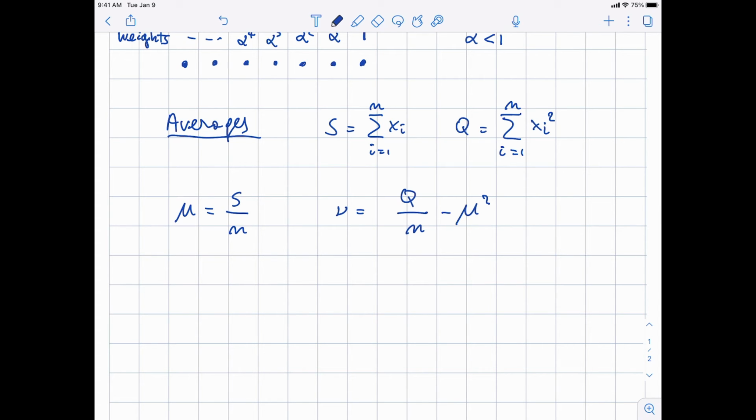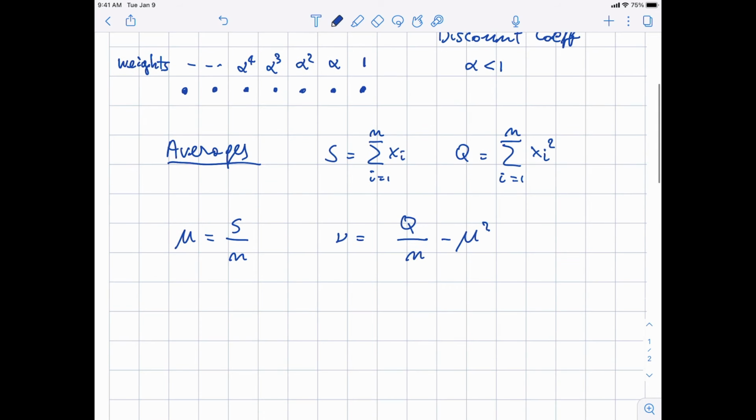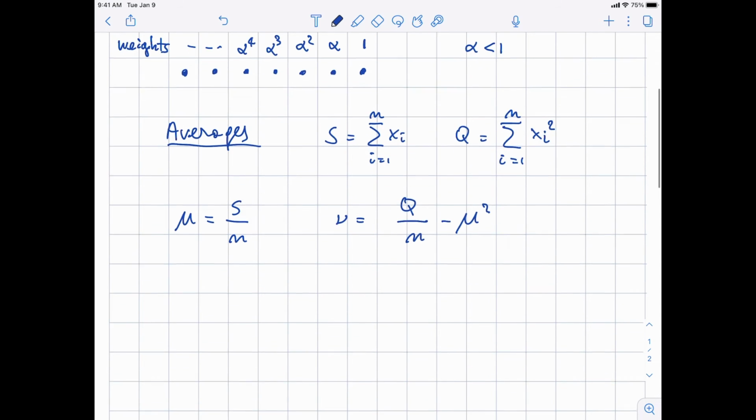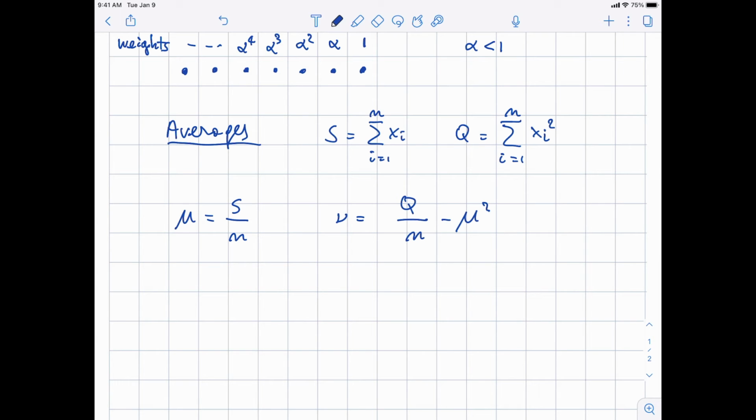Now, if I do it for a discounted sequence instead, how does this work? Well, we never computed S and Q in this way. We simply say S is equal to S plus xn, now when we get a new value.